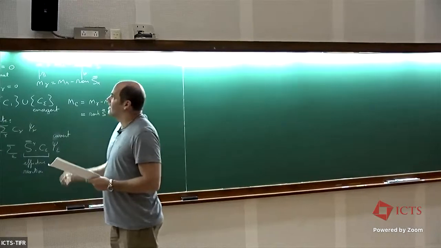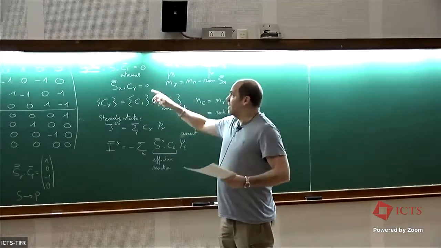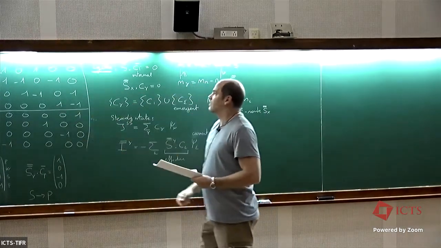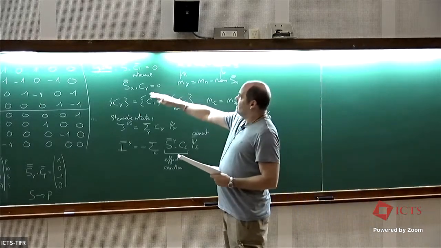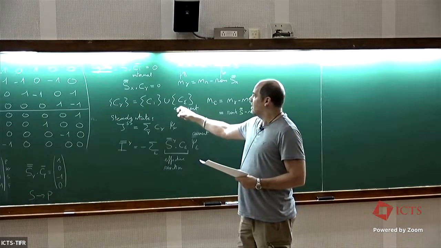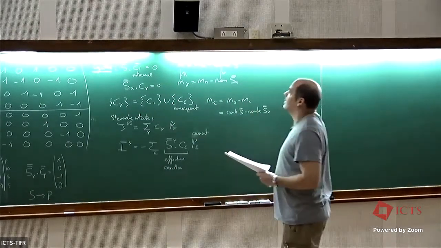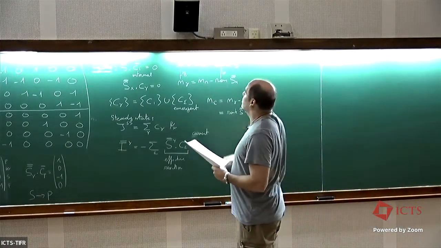The internal cycles were the ones of the full matrix. All the cycles are the ones of the reduced one, because there are more cycles for the reduced one than for the full matrix. And I defined the emergent cycles as those missing cycles when going from the internal to